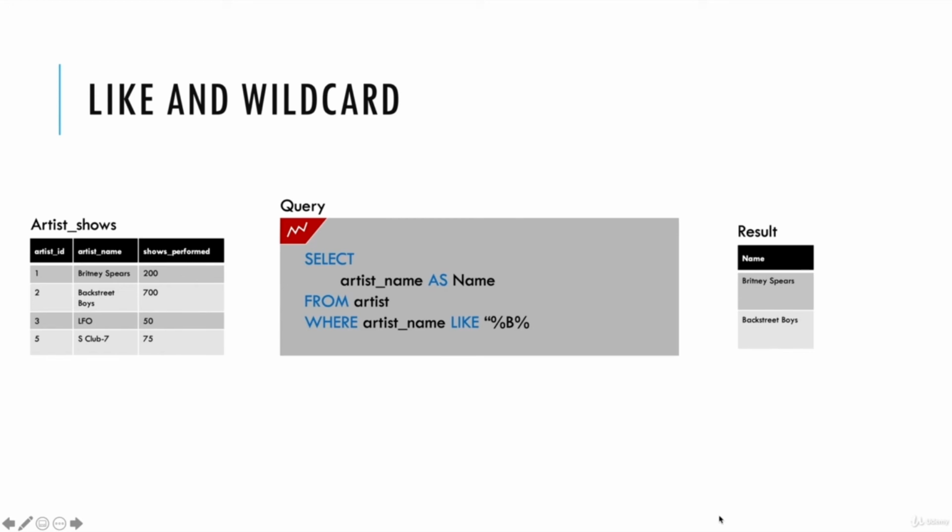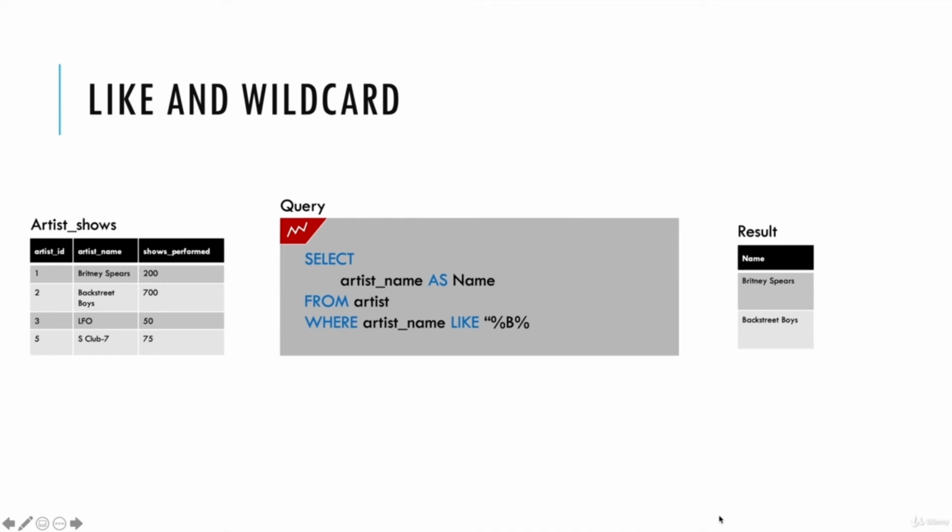You can't just do equals when you're using a wildcard. You have to use like, and then you can use the wildcard either before or after, and the percentage sign means unlimited characters. You can get more specific if you have a certain number of characters. There's a lot of in-depth work you can do with like and wildcards, but for the purpose of this scenario, the percentage sign basically means